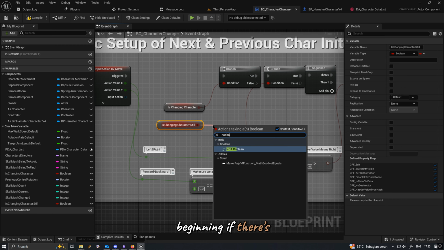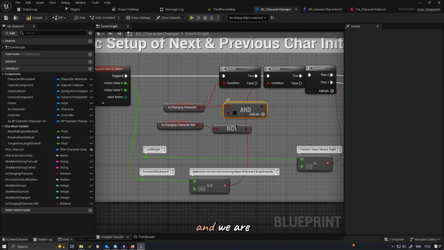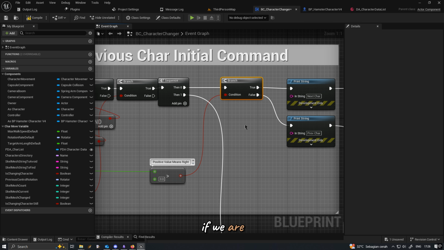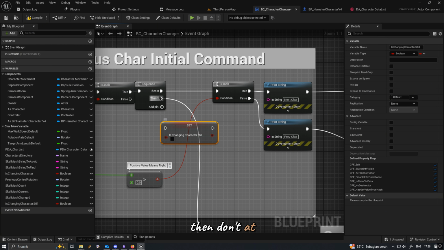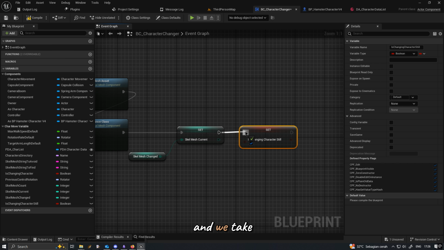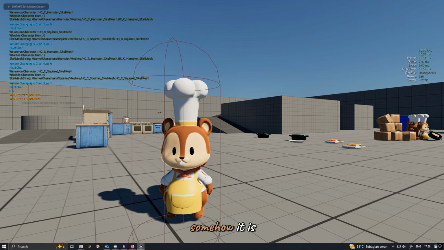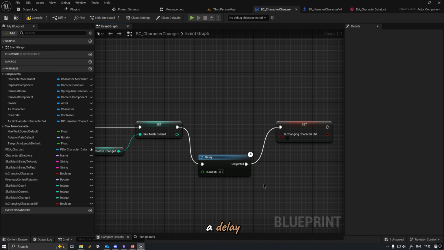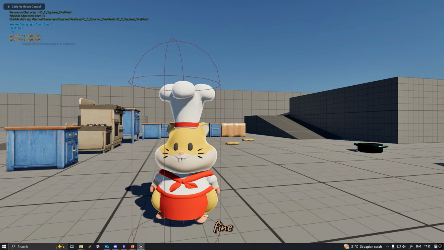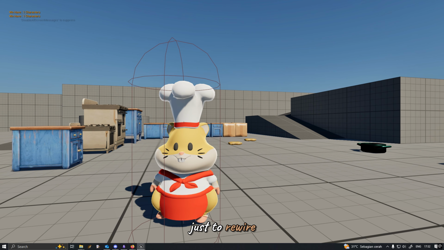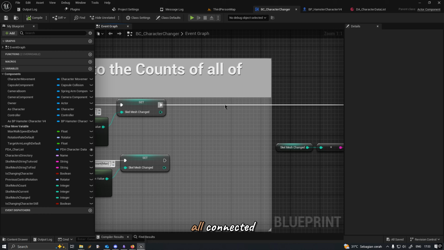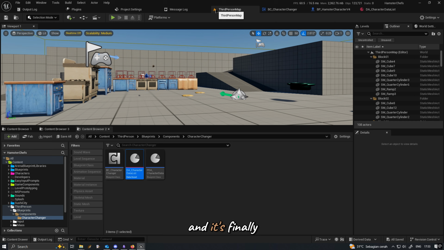So in the beginning, if there's a changing character and we are not still in the progress of changing characters, then we continue. If we are still changing characters, then don't. At the beginning, we say that yes, we are still in the process of changing character, and we tick that off when we are finished. Somehow it is still changing too rapidly, but then I figured out adding a delay fixes things, so it works fine. The only thing I forgot is just to rewire when we are going to the previous character, and once it's all connected, it's working great, and it's finally